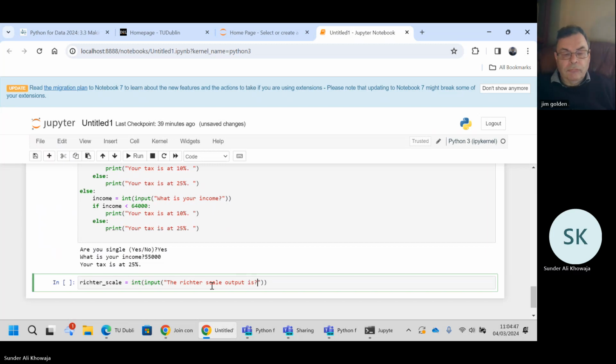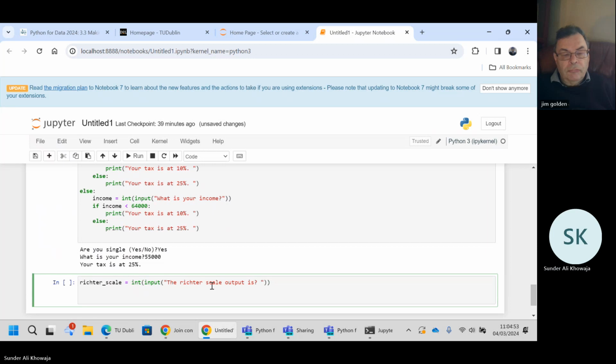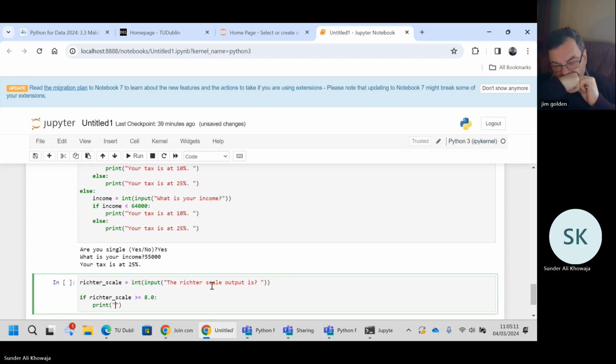If Richter_scale is greater than or equal to 8.0, print